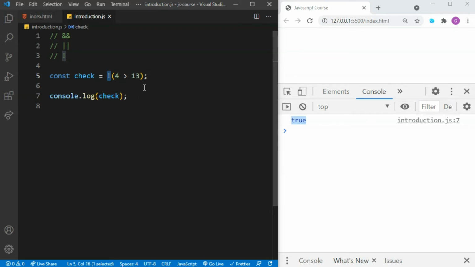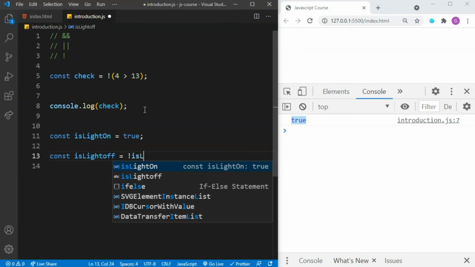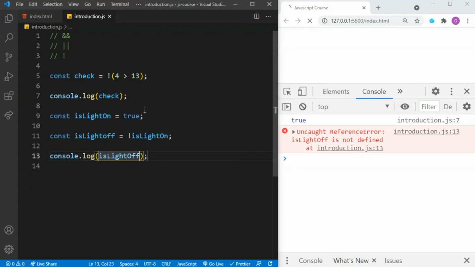Similarly, let's take one more example. Right below here, const isLightOn. I'm going to set it to true. I'm going to say const isLightOff. Instead of saying false here, I can say negation of isLightOn. Now if I console log isLightOff, as you can see,